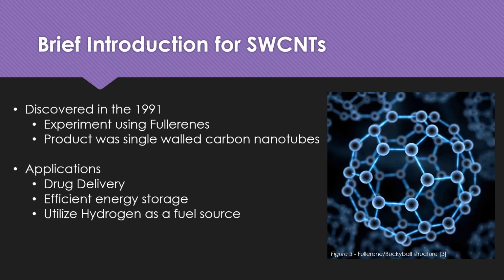In this experiment, the product was found to be the single-wall carbon nanotubes, which are now heavily researched today and have been found to be used for drug delivery, increased energy storage, and can utilize hydrogen as a fuel source. But before actually being able to get into these applications, the structure of the single-wall carbon nanotubes